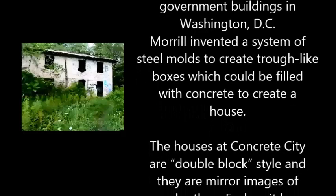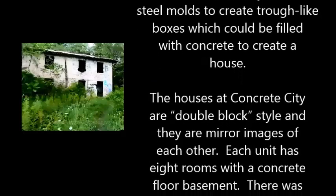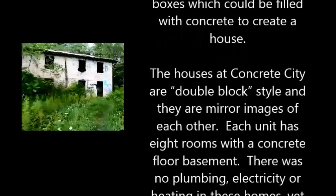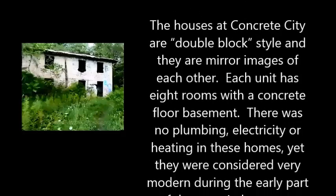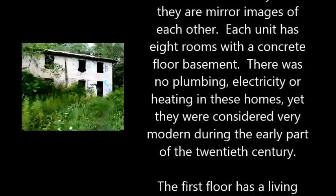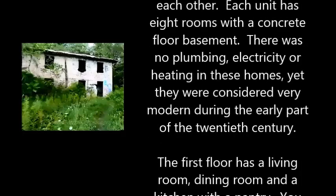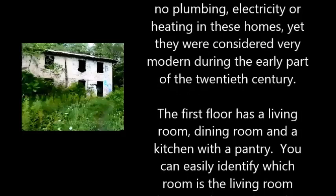Morrill invented a system of steel molds to create trough-like boxes which could be filled with concrete to create a house. The houses at Concrete City are double block style, and they are mirror images of each other. Each unit has 8 rooms with a concrete floor basement. There was no plumbing, electricity, or heating in these homes, yet they were considered very modern during the early part